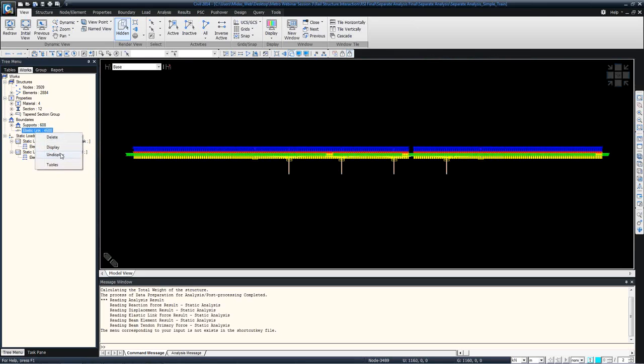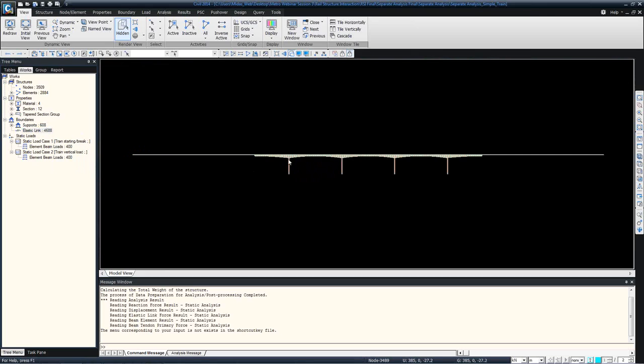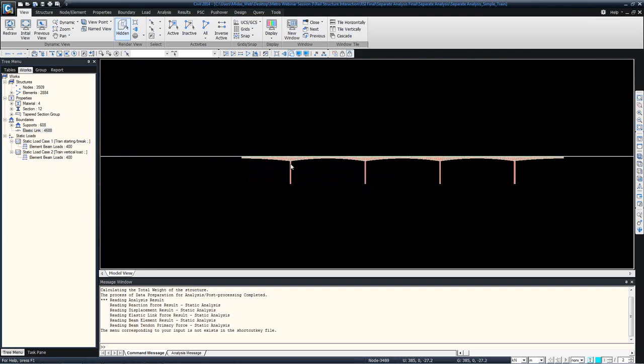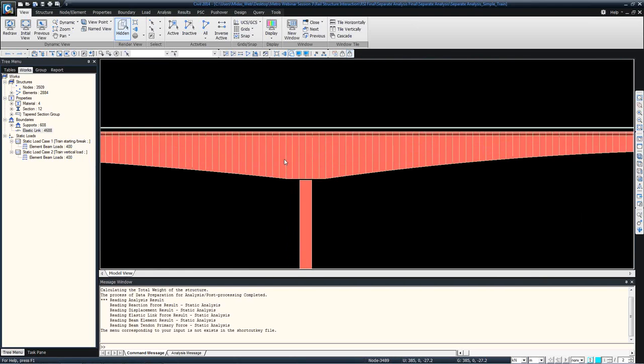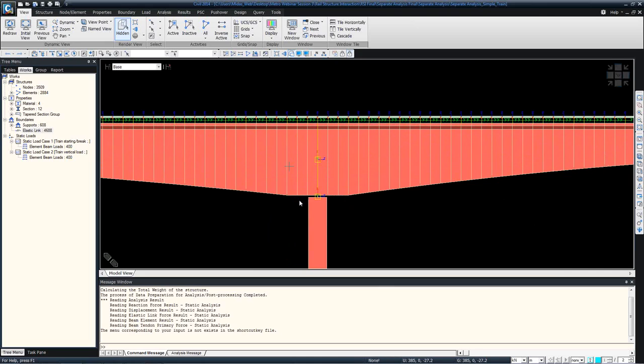I'll just put it on display. If I magnify and show you, if you remember, we did the tapering from both ends. We kept 3 meters, we kept the support section only. So in here also, this is around 6 meters